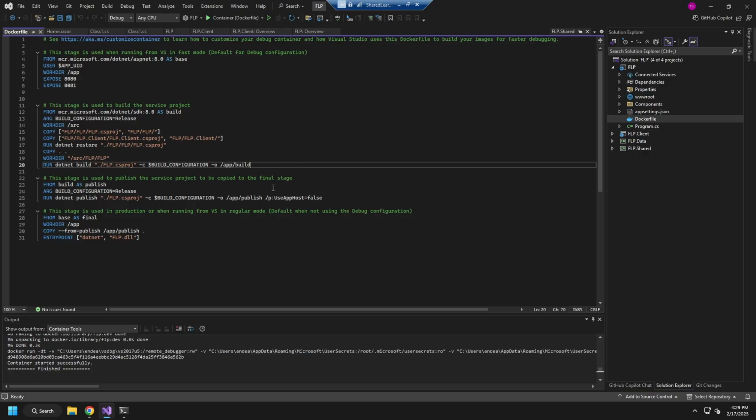It's going to build successfully. And now we're going to publish. So that's from build, which is up here. This is a new stage where it's going to say, hey, I'm going to publish. And we're going to have that same build configuration. We're going to have .NET publish. And in this case, we're going to find this project and we're going to say, hey, I want to output